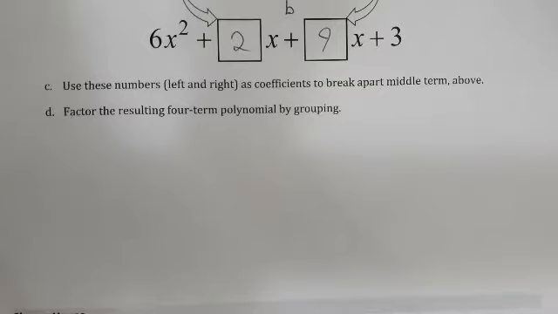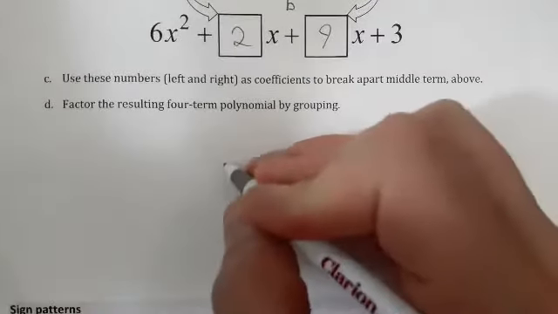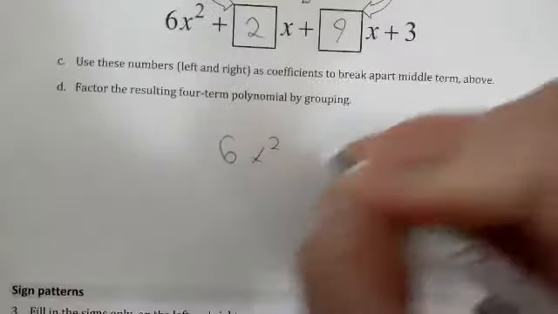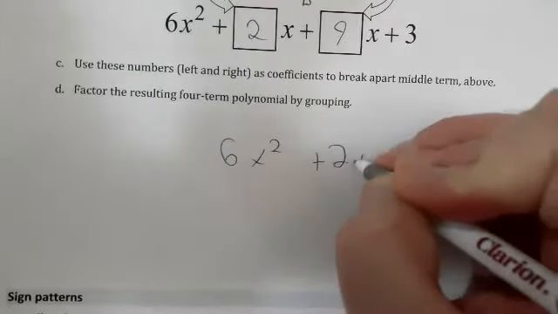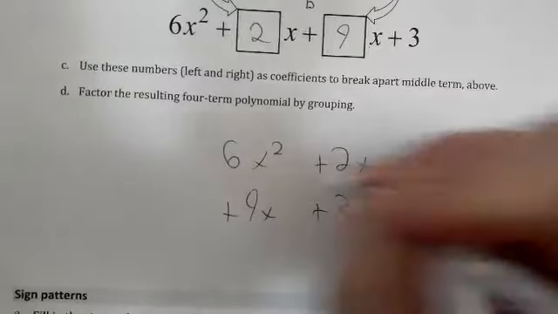We're going to break that middle term up into 2 terms. And now we have 4 terms. We know how to factor 4 terms. And there's a few ways to do it. But I think I'm going to start with doing the box method. So if I do 6x squared, add plus 2x, and add plus 9x, plus